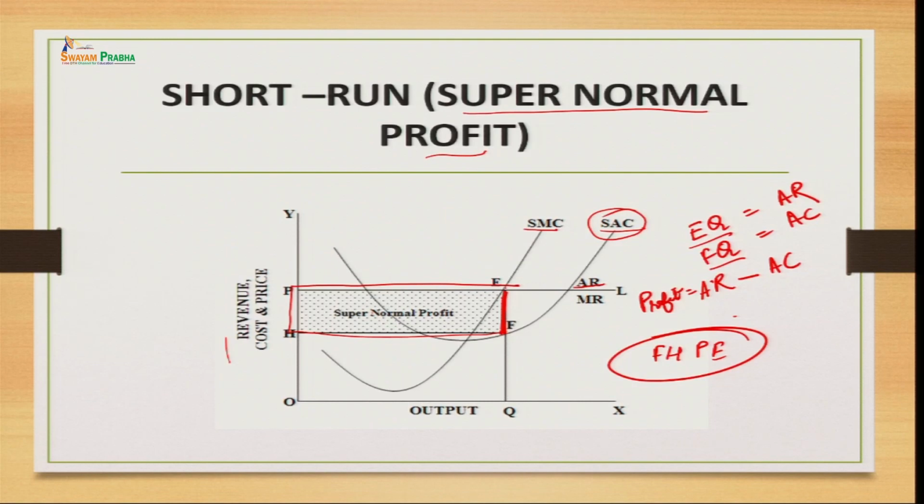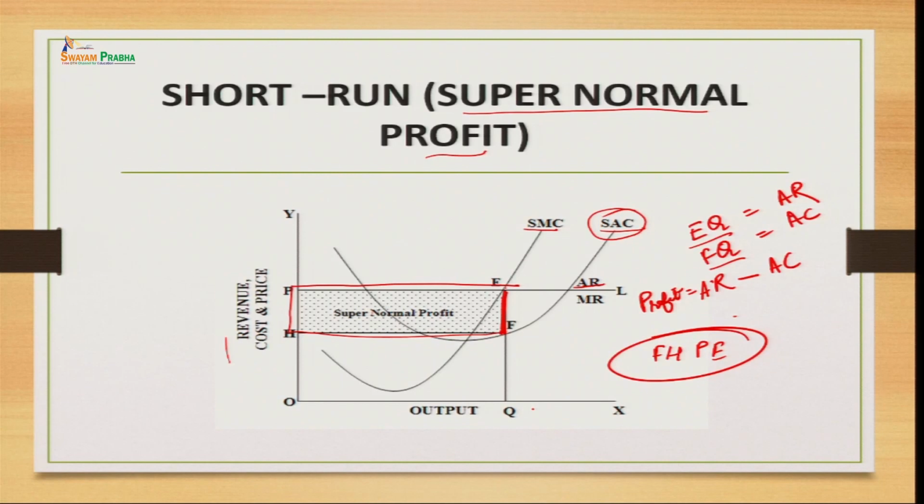Okay. So, I hope it is clear to every one of you how we are calculating this supernormal profit in the short run by looking at the prices, the output, and the equilibrium point where the firm is going to reach equilibrium. With the interaction of these, we have calculated the average revenue and the average cost, and the difference between average revenue and average cost is the profit, right. So, this EF is the profit per unit, and when we multiply this per unit profit with the total output, we will be able to find out the supernormal profit of the firm.